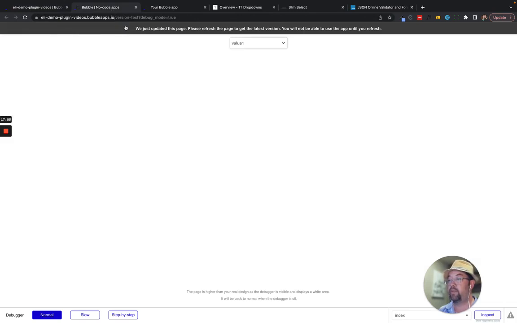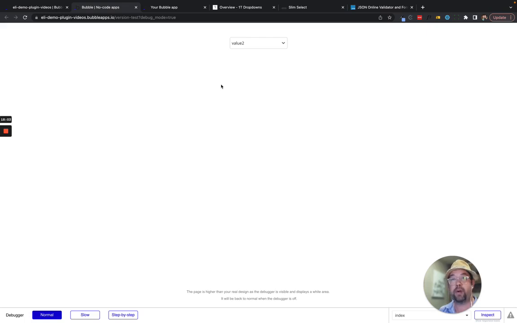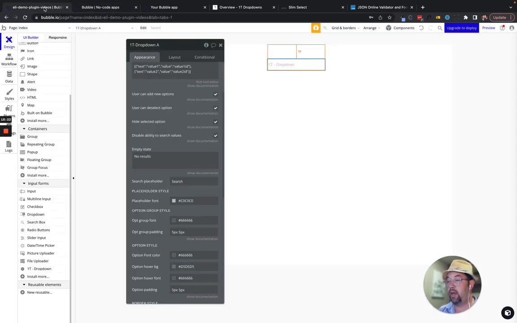So we'll refresh this, and we'll have the search box missing. But you can see we got value 1, value 2 is selected, value 1 is the only one left. So if we select value 1, now value 2 will be available, because value 1 is selected. So it's just removing whatever is the currently selected option from the list of available options. And let's see. A couple of these actually offset each other. If we remove the search box, that also removes the